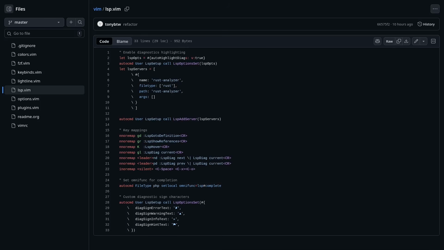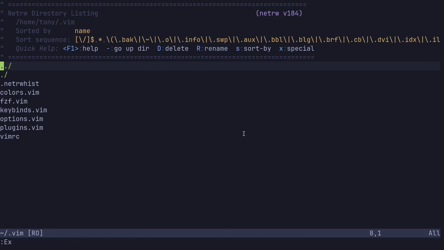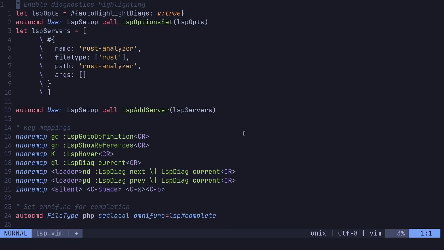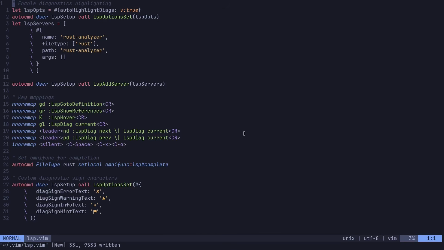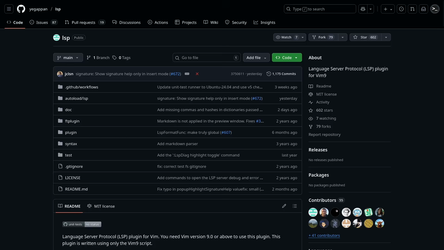So I'm going to grab this entire file here and just copy it, copy the raw file. And back in our Vim directory, let's go ahead and make a file called lsp.vim, and I've pasted it here. And there it is. So once we have the options here, we actually have to install the LSP plugin. So let's do space ff plugins, and let's add it to the list here. And we're going to be using this LSP Vim9 plugin made by